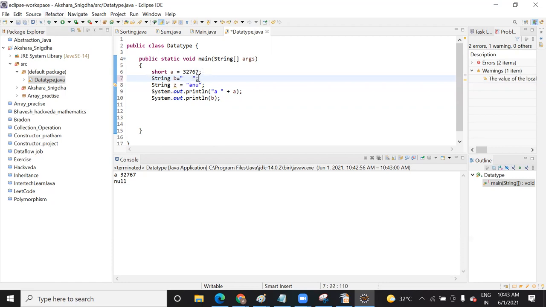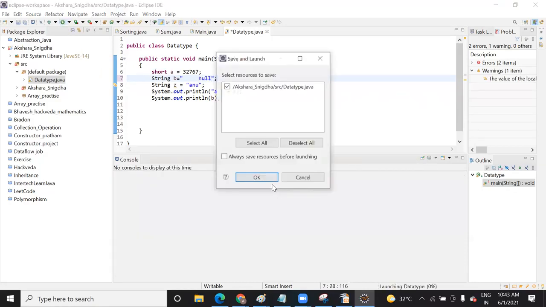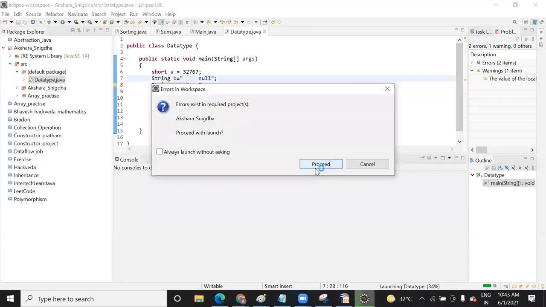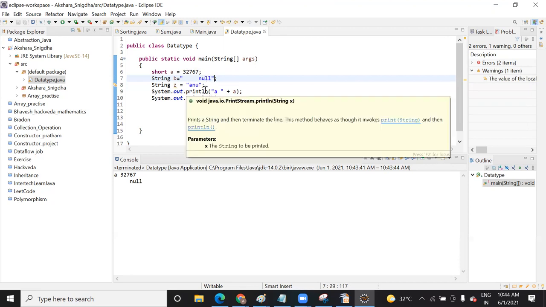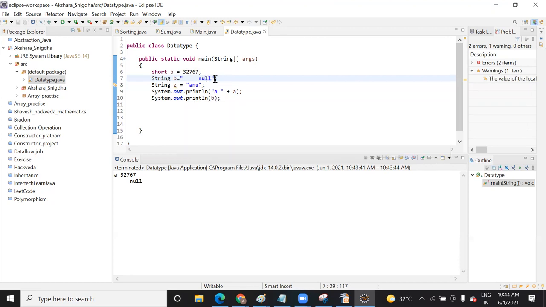Let me show you. Let's take an example. You can see when I give a space, it is printing null, right? So the double quote is used to just add a space between the characters, or you can say between the words. And here, if you want to print the null value, then you just need to assign null, because these are local variables.